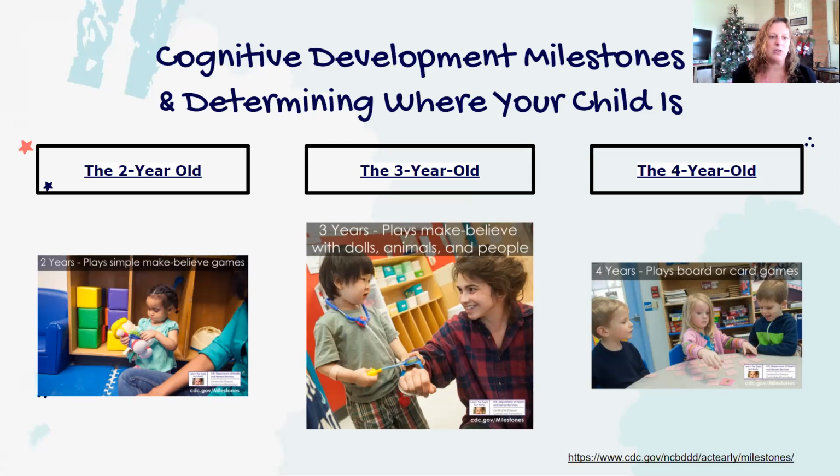So with a 2-year-old with their play, they have really simple make-believe games. Oftentimes you see them playing next to someone or next to you versus engaged with you. Then you look at a 3-year-old and you start to see a little bit more of that engagement. Their make-believe becomes a little bit more expanded, and you see the child here who's playing like he's a doctor. Make-believe play lasts through early childhood, and early childhood goes all the way till age 8.